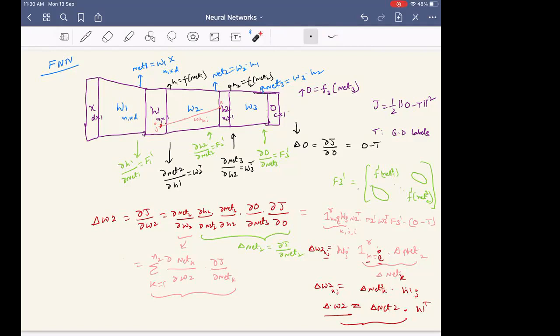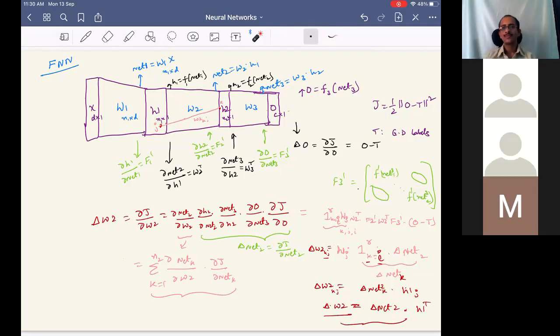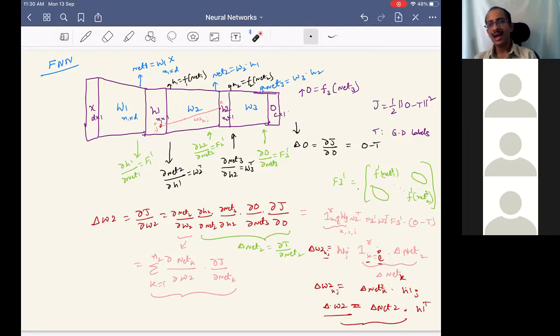Is this clear? Yes, sir. So, will you be able to write the gradient at any layer now? Say if we ask you to write the gradient at this layer, or even after 10 layers. If we have a 10 layer neural network, and you're asked to write the gradient at the 10th layer from the output layer, will you be able to write it or not? Yes, sir. Oh, fine. What about other students? Any questions?